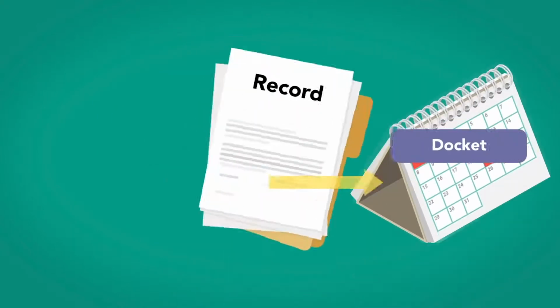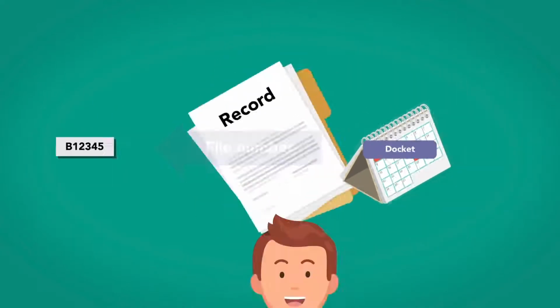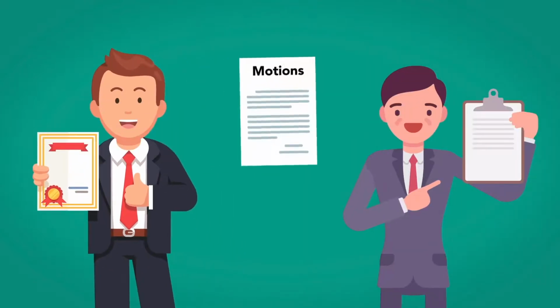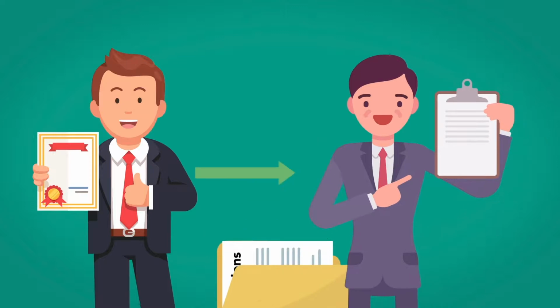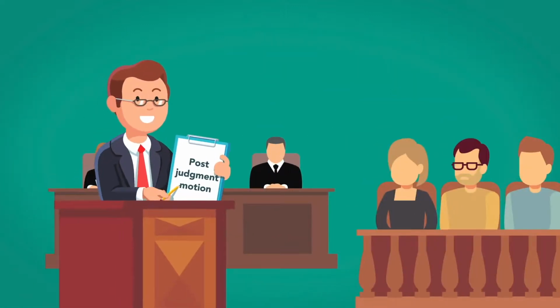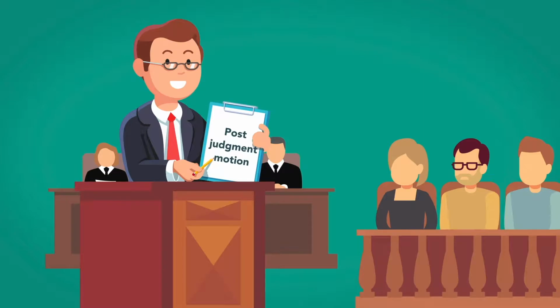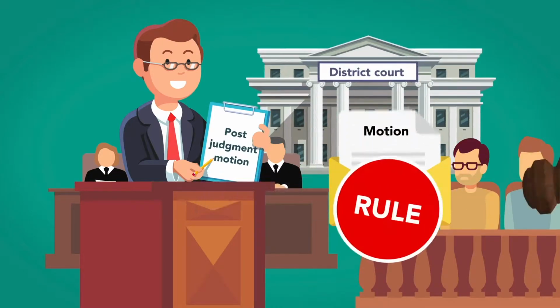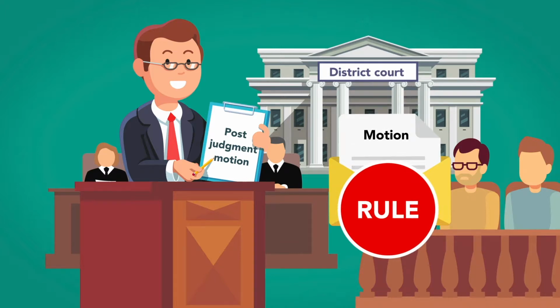The record is then docketed and given a file number. The party filing first is designated the appellant. If more than one party files simultaneously, the plaintiff in the lower court will be the appellant. In the event that a post-judgment motion pending at the trial court, if granted, would affect the appeal, the district court will be given a chance to rule on the motion even if the appeal is pending.